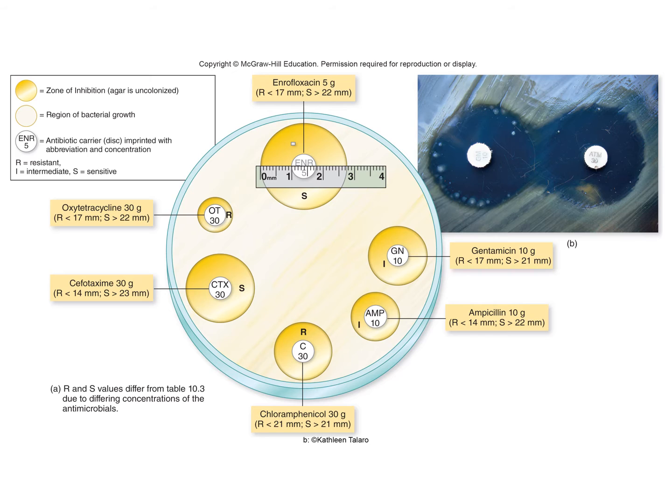So anyways, we have that. If you notice, cefotaxime all the way on the left has a pretty big zone of clearance here. I probably shouldn't use that one because I don't think it tells us exactly what the number is. So let's look at the top where they're actually measuring it. It's enrofloxacin. I have no idea what that is. It has a zone of clearance of almost 30 millimeters. You see here they're measuring at the center diameter, and it says anything over 22 millimeters is sensitive. So in this case, it's going to be sensitive.